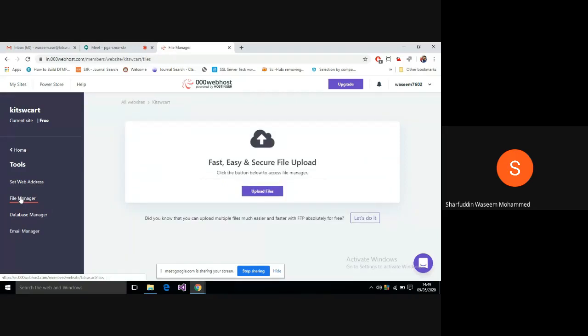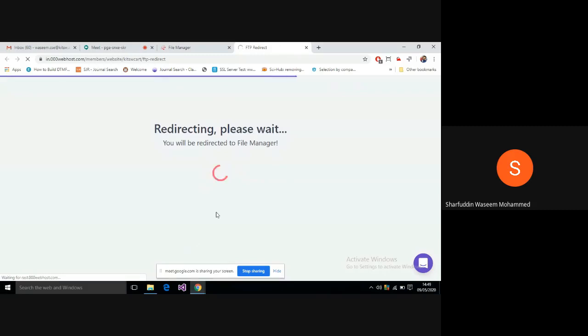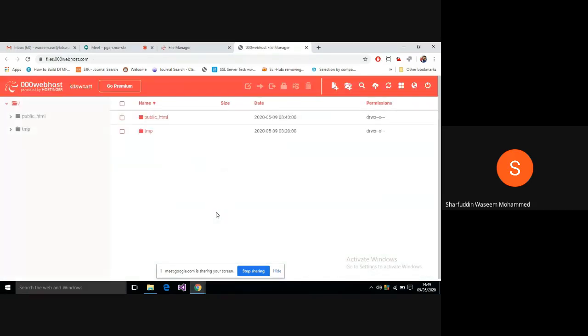Just click on the file manager, then you'll get an option called upload the file. Once you click on this, it will provide you with an interface. See this, now it has an interface. This is called the file manager. All the data which will be under your website will be in this folder called public_html. Please remember this very carefully. This is a folder called public_html. Double click on this and it will open that particular folder.